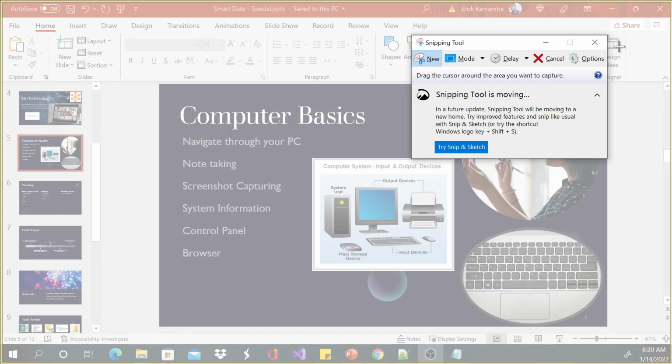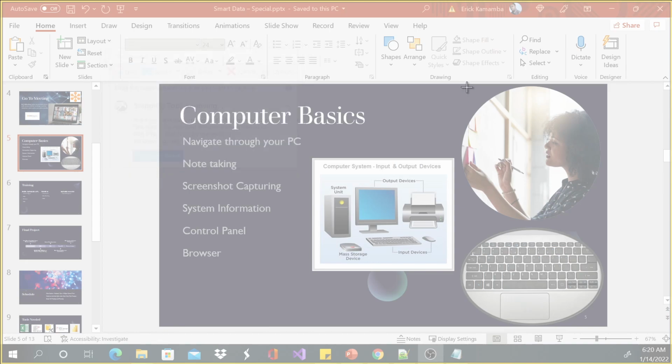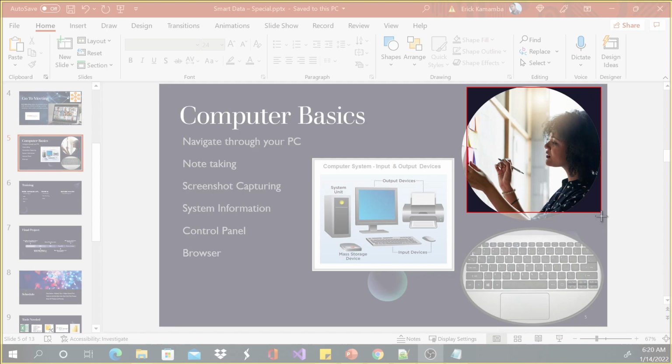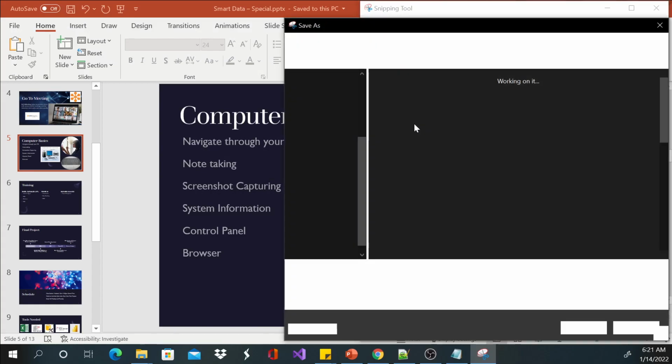So you click your mouse, so I can move this here. For example, you just want to capture this. Okay, you want to take a closer look of this beautiful lady. You see that plus sign, you start from here. You click, when I say click, you left click. You drag all the way to, you see that square? That's what you're gonna capture. You won't capture the whole screen, and you can do that too. So you see, and then you have that, and to save that, you can right click and go save as,